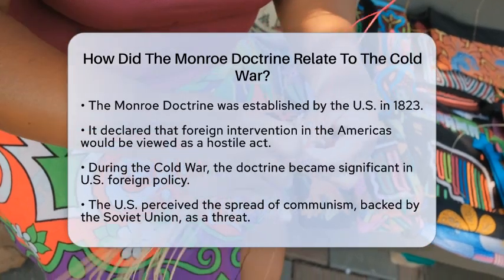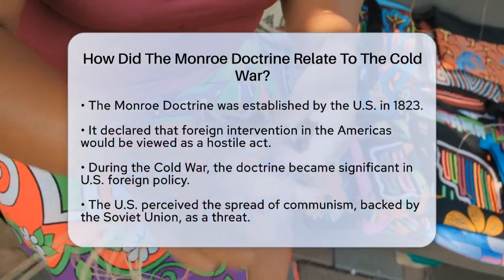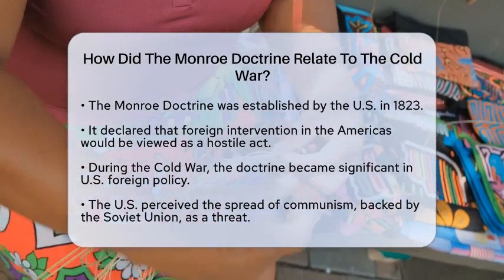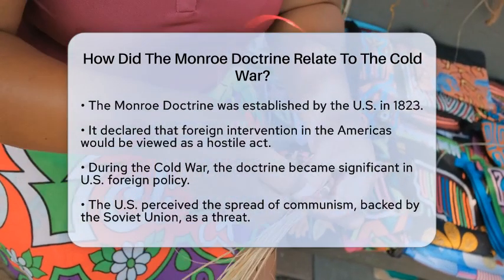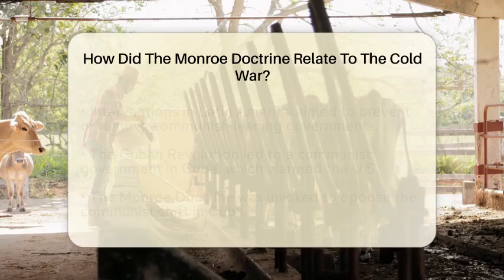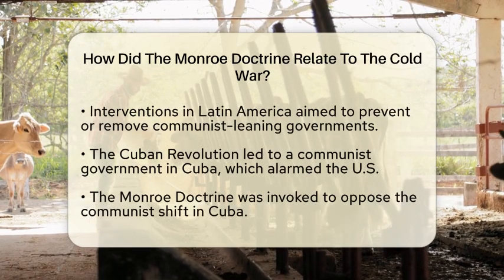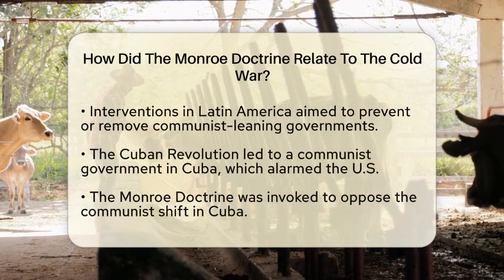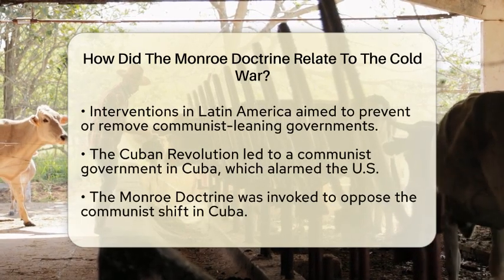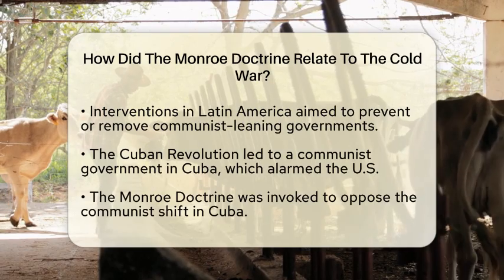During the Cold War, which was a time of intense rivalry between the United States and the Soviet Union, the Monroe Doctrine became a tool for U.S. foreign policy. The United States viewed the spread of communism, supported by the Soviet Union, as a direct threat to its influence in the region. This led to various interventions in Latin American countries, often covertly, to prevent or remove governments that were seen as